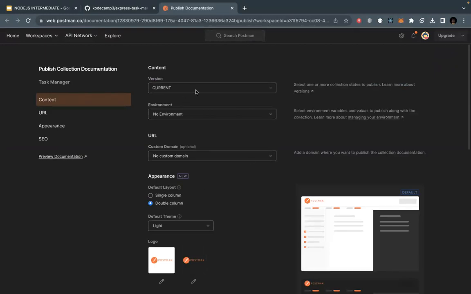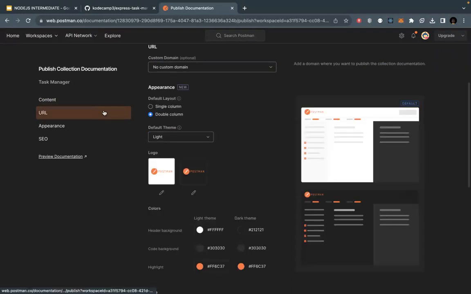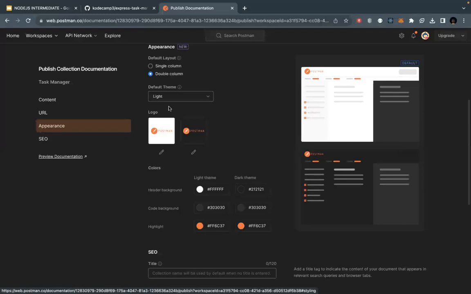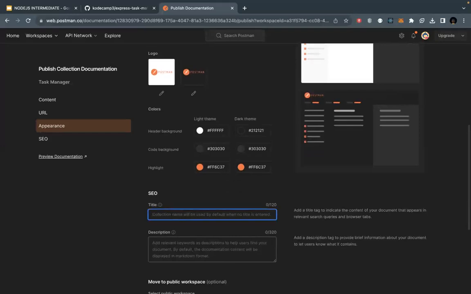Okay, so the version is current. Environment, we set the environment to our task manager. Then the custom domain, there's no custom domain. URL, double column, and all of that. Appearance, double column, and then let's make Postman logo, SEO. Title, we say task manager, and then say a simple